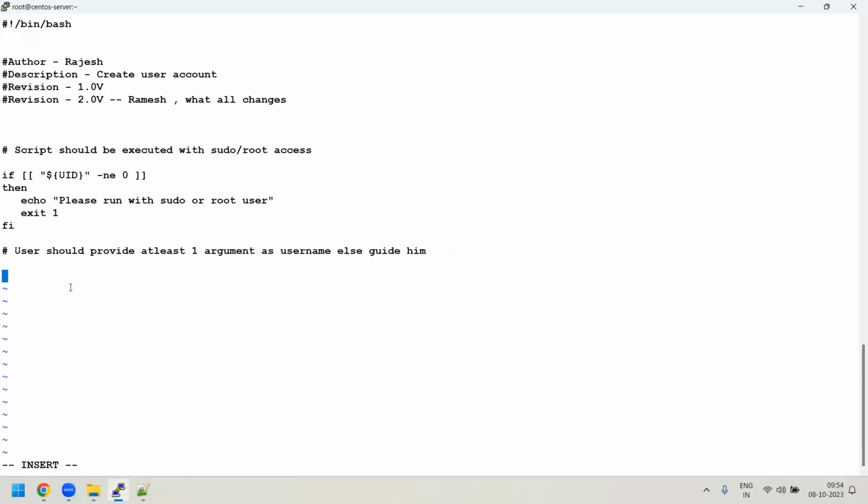So now you need to pass a minimum of at least one parameter, right? You know the positional parameter: $# will maintain the count. So I will use this only. How to do that? You know very well that I have to use an if condition, double bracket, $# lesser than 1. If it is lesser than 1, then echo